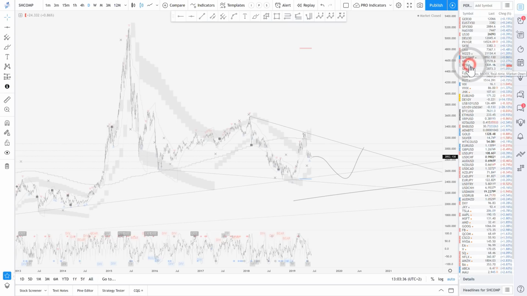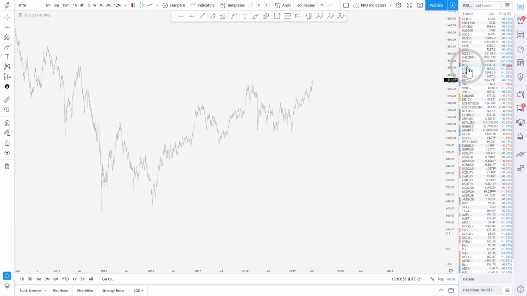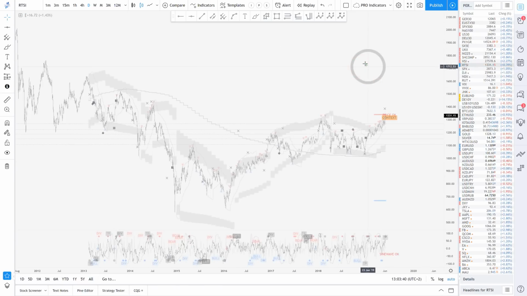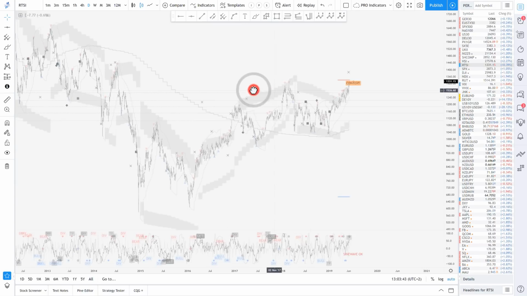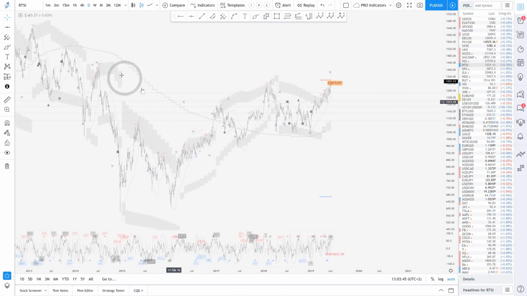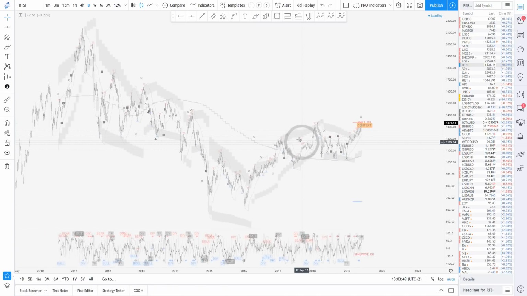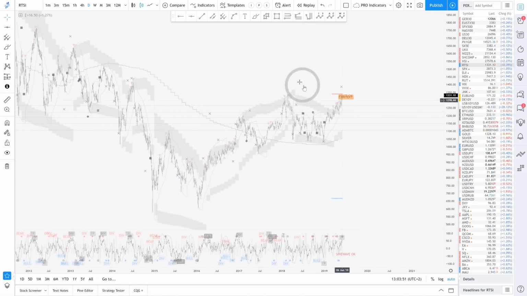Now let's have a look at Russia. We rarely have a look at this one. It's the RTSI. So let's have a look at this. In here, the 50 average is bullish after being quite significantly bearish for a long time. So in here, we're already attracting capital. You need to understand this. Returning to the mean is already in motion. Russia's been purging everything since 2015. We're going bullish, but still,